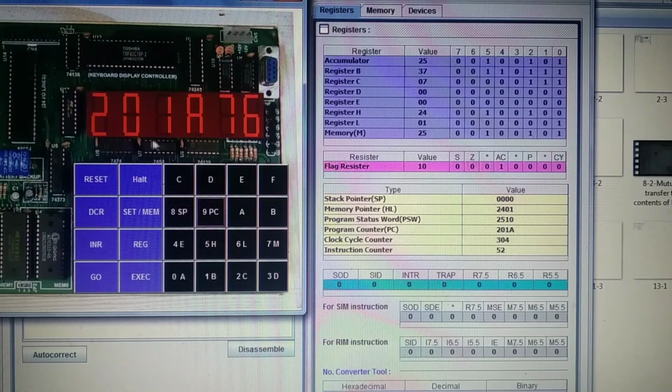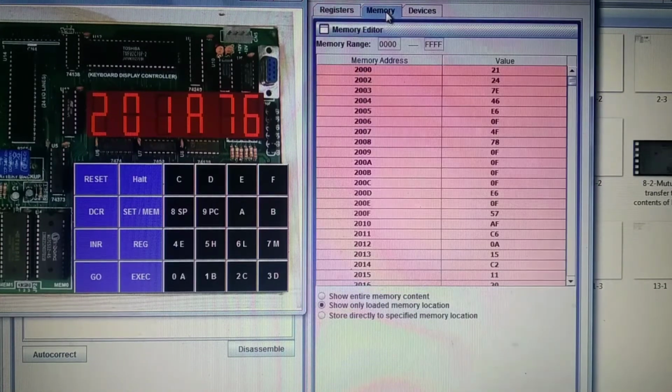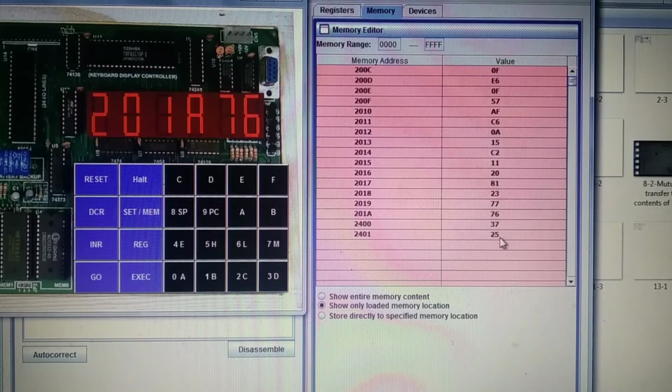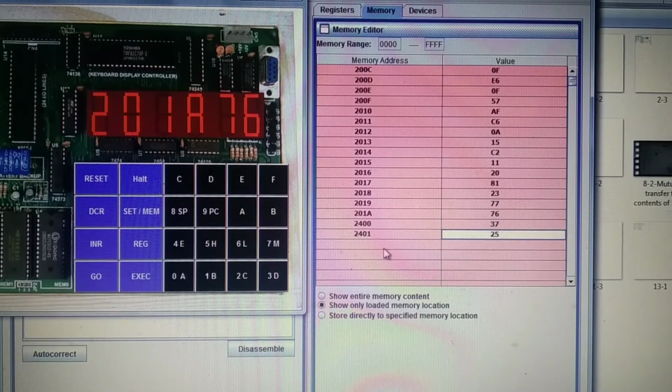The program ends at 201A. Here also we can get the contents of memory. Here 37 is there and its binary equivalent 25 is in the next consecutive memory location.